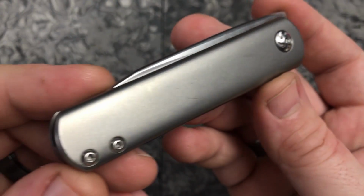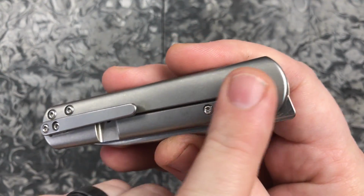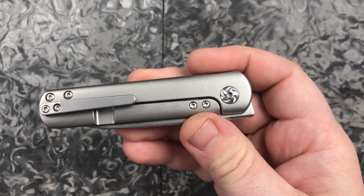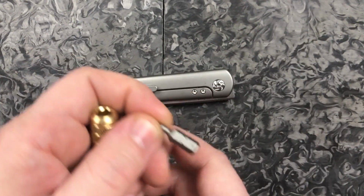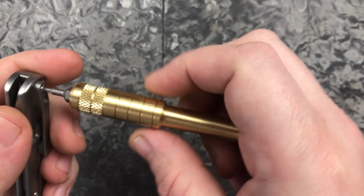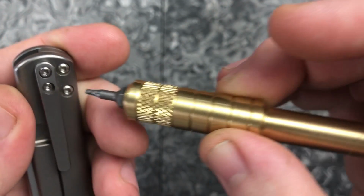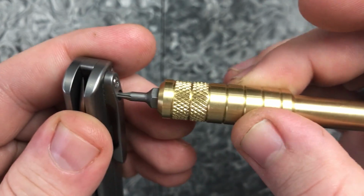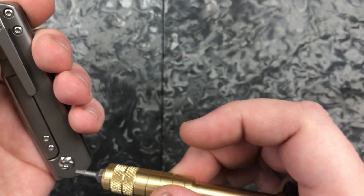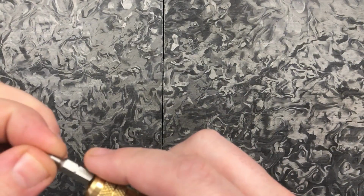And what do we get? Well, we get grade 5 titanium, that's 6AL4V, for those of you that don't know about the grades, and stainless hardware. And I need to get this guy out, and we need a T6, don't we? Alright, I don't have the long T6s over here right now, so you just have to watch the knurling on not the greatest T6, and these are Weehaw bits. I'll show you that here in just a second. But they're deep, so they're not the worst. Not by any stretch of the imagination, but...